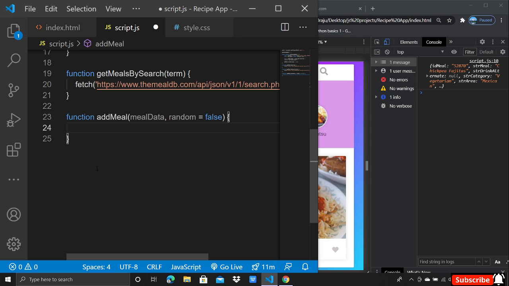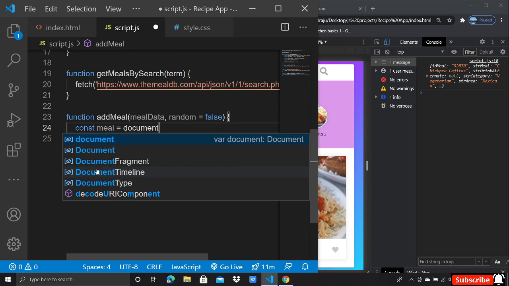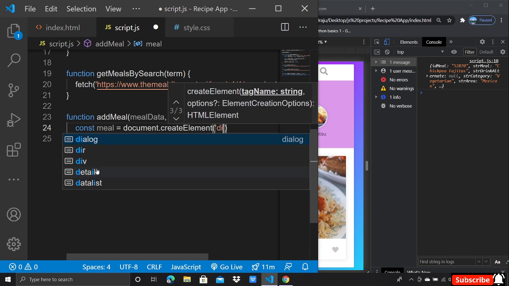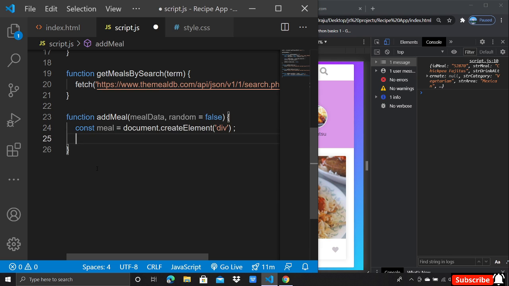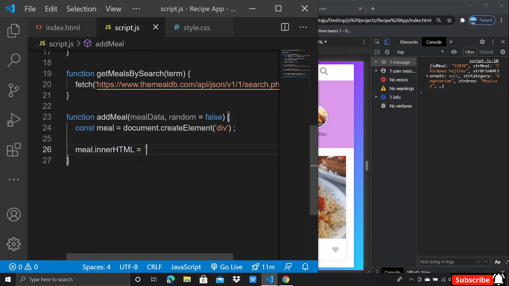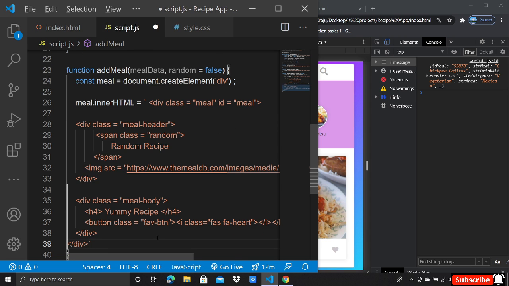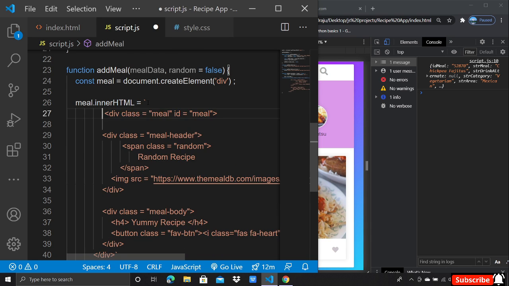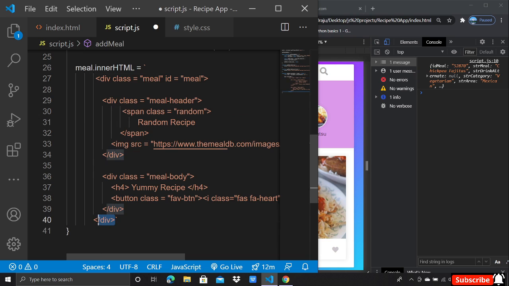Now create an element called meal inside this function. Now add that meal to the class list using the DOM. Now get all that HTML code from that meal div. We just need a meal header and